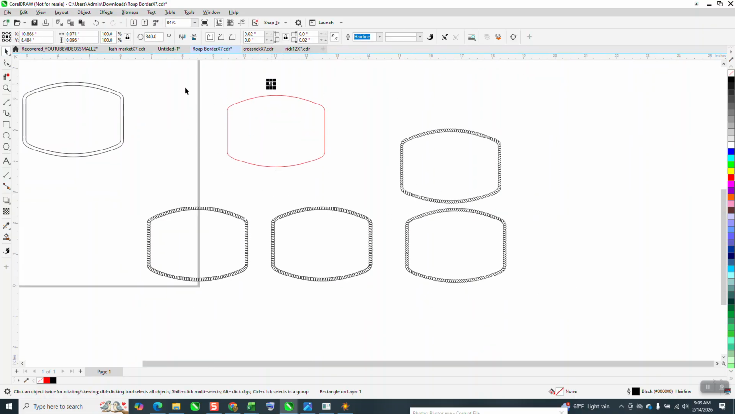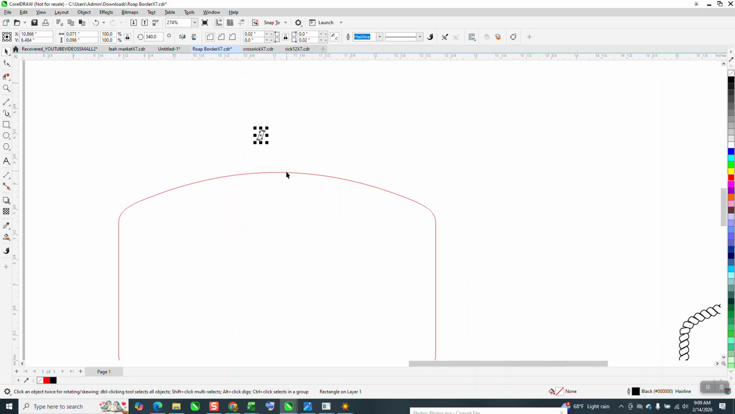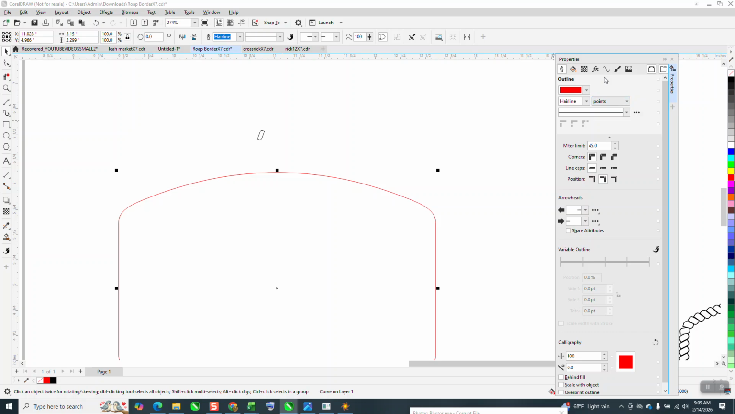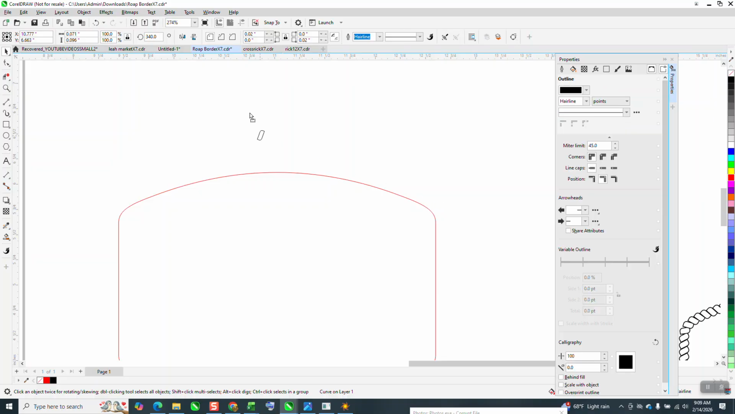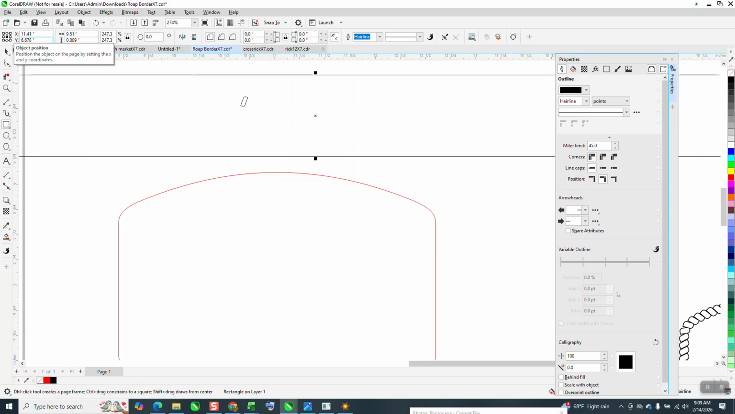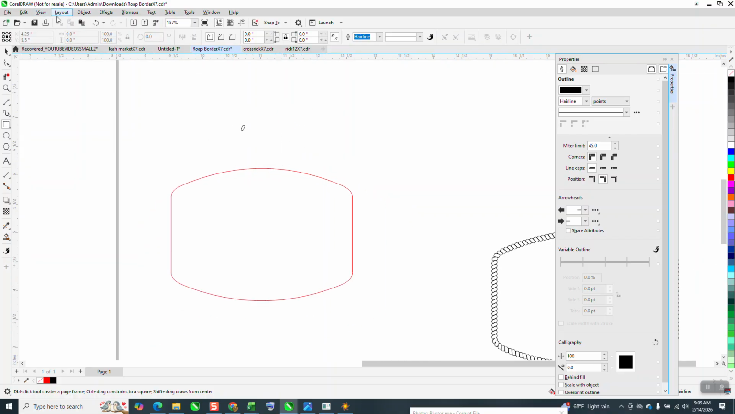So I've already got my shape and I've got my piece of rope. And I am going to find out how long this shape is. I'm going to go to Windows, Dockers, and Properties. If you click on that line, it is only 9.51. So I need a line of these that is 9.51. And I always found it's easier to take a rectangle and make it 9.51. And that way you'll know when to stop